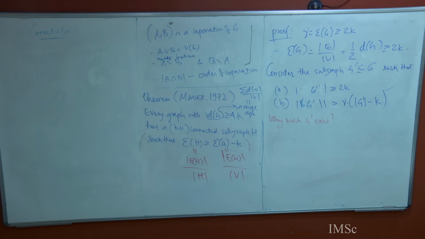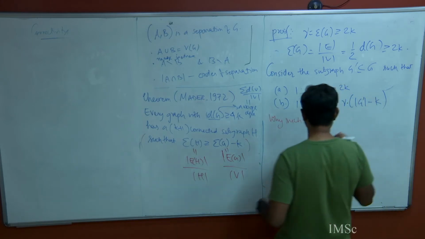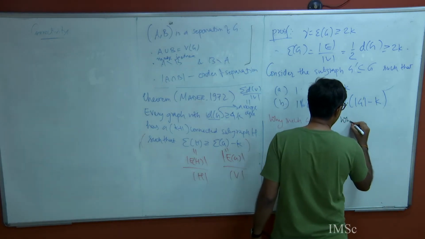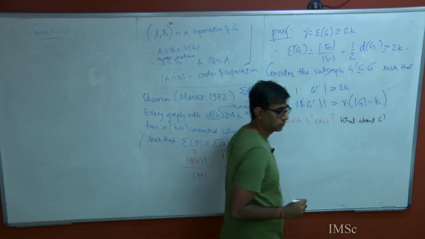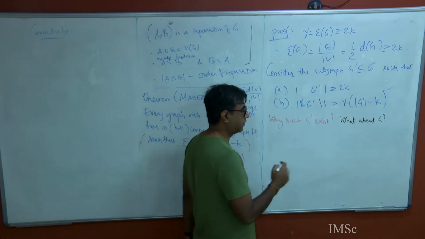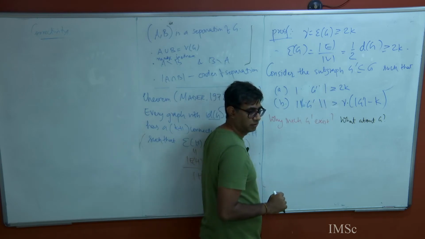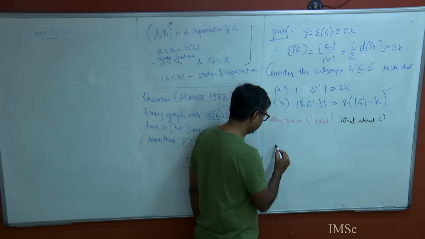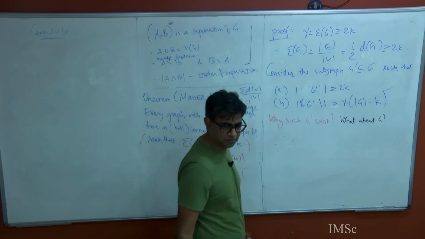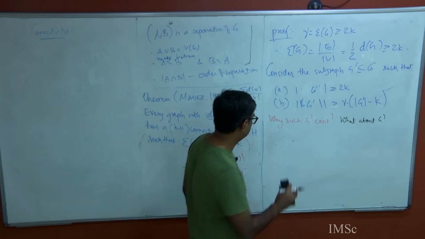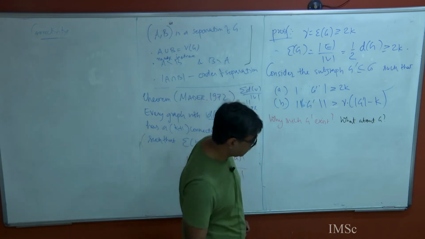Yeah. So let's see if G has such a property. Okay. So what about G? First, is the number of vertices at least 2k? Because look, the vertex has degree at least 4k, right? So this is definitely true. Okay. So clearly,